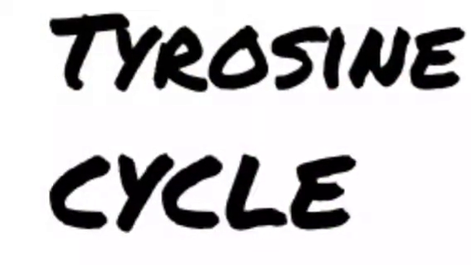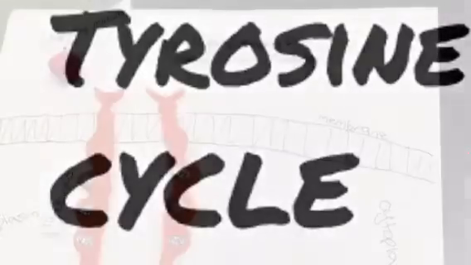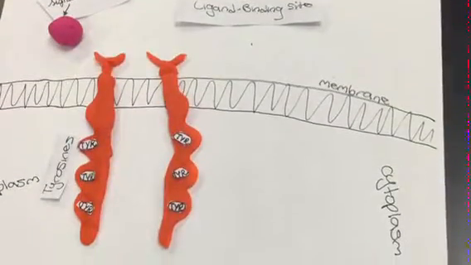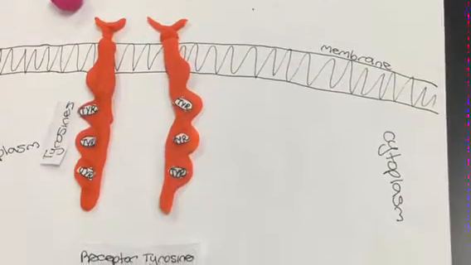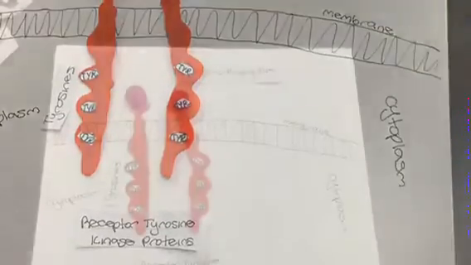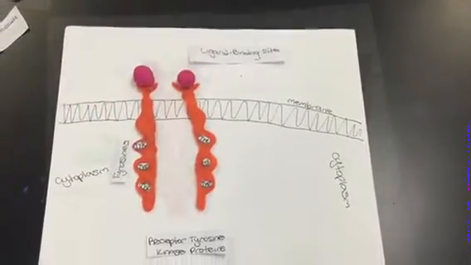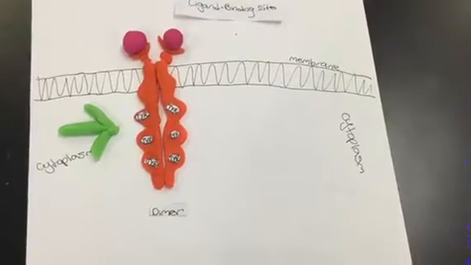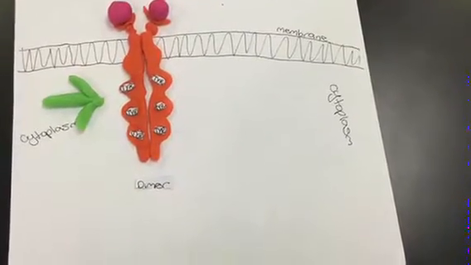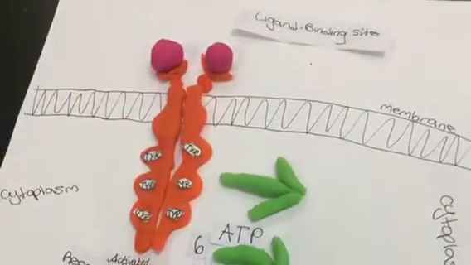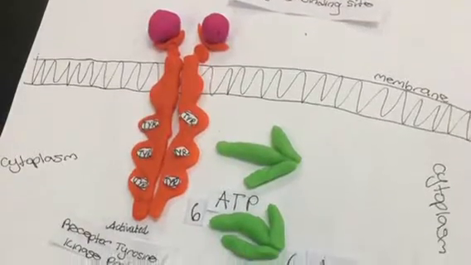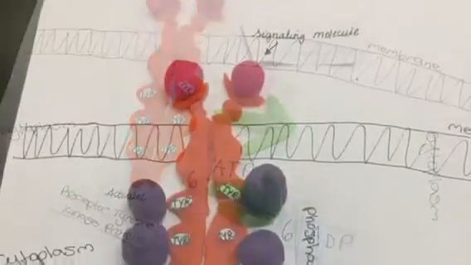Next, we are talking about the tyrosine kinase cycle. The whole chain starts off with a signaling molecule, or ligand. Once the signaling molecules touch each strand of the tyrosine kinase protein, they both move closer together, creating a dimer. Then the dimers release 6 adenine triphosphates, which release 6 adenine diphosphates, which mean the tyrosine kinase proteins are now